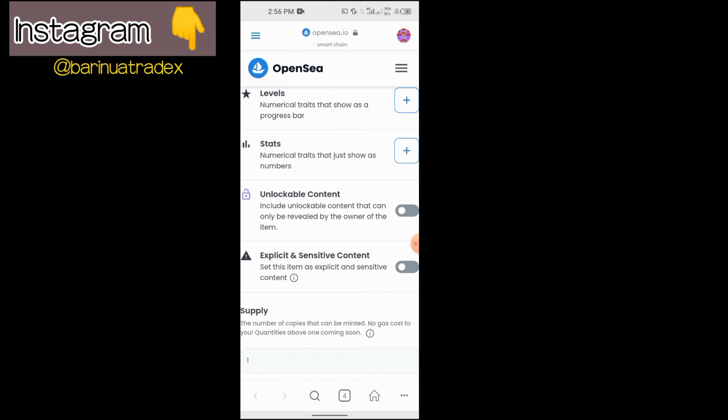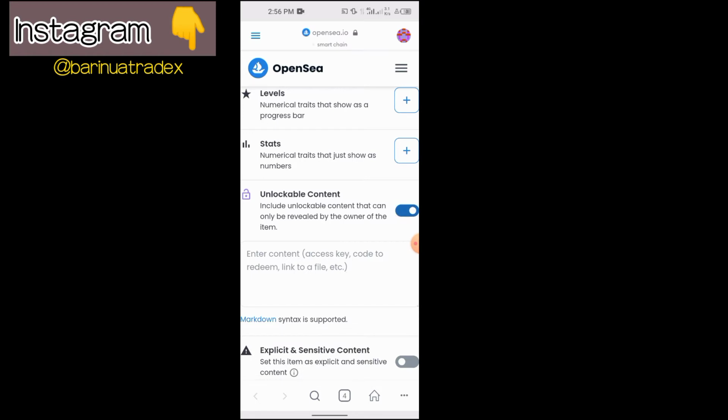This means that when the owner of the item sees the content, they can. Unlockable content means that it includes content that can only be revealed by the owner of the item. So it's only the owner who paid for it that can see this content.